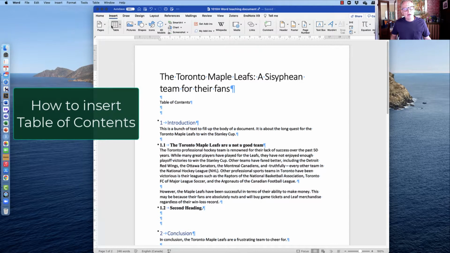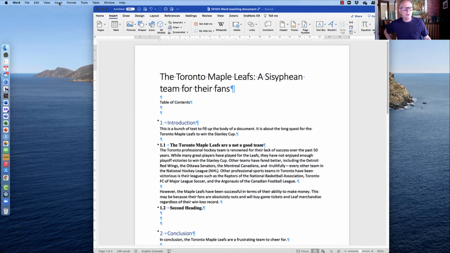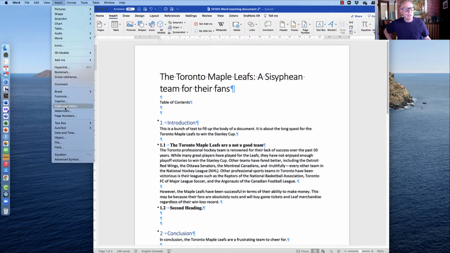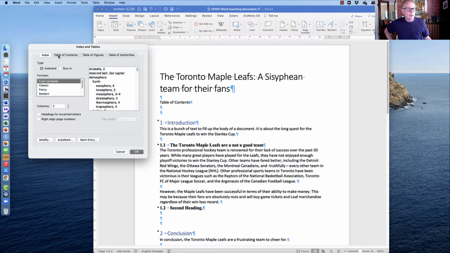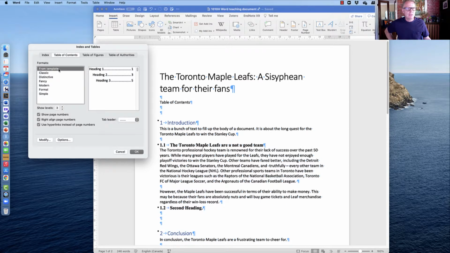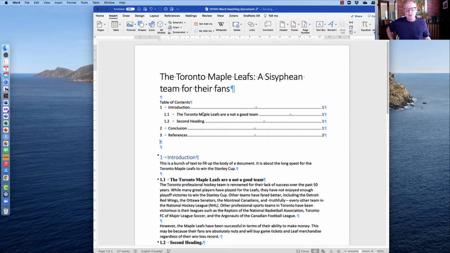Now across the ribbon here, I don't actually see the option for inserting a table of contents, but if I go up to the very top part here in my Mac version of Word, I can see Insert, and the option is Index and Tables. And if I click on that, it again opens up a dialog box that has a set of options of inserting a table of contents as one option, or a table of figures as the second. So I'm going to insert a table of contents, and there's a series of different formatting options, but I'm just going to choose the basic template, which has the first 3 headings. And inserts this after. So I'm going to click OK,